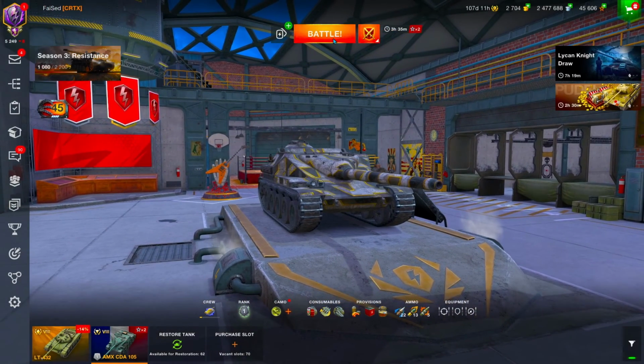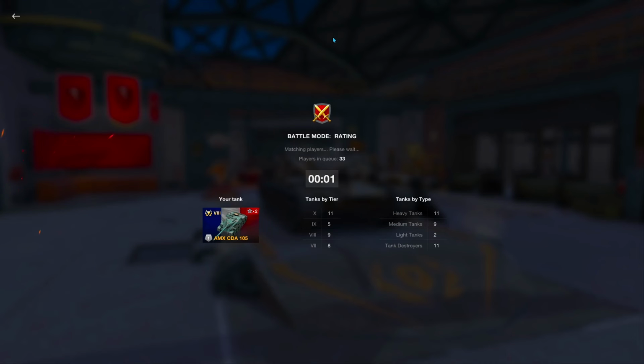Now this tank is going to be turned into a collector's vehicle in the next update, which is in a few hours or so from now when I'm recording this video. It should be releasing on the 17th, which is today. So it's going to be turned into a collector's vehicle that you can sell for gold,